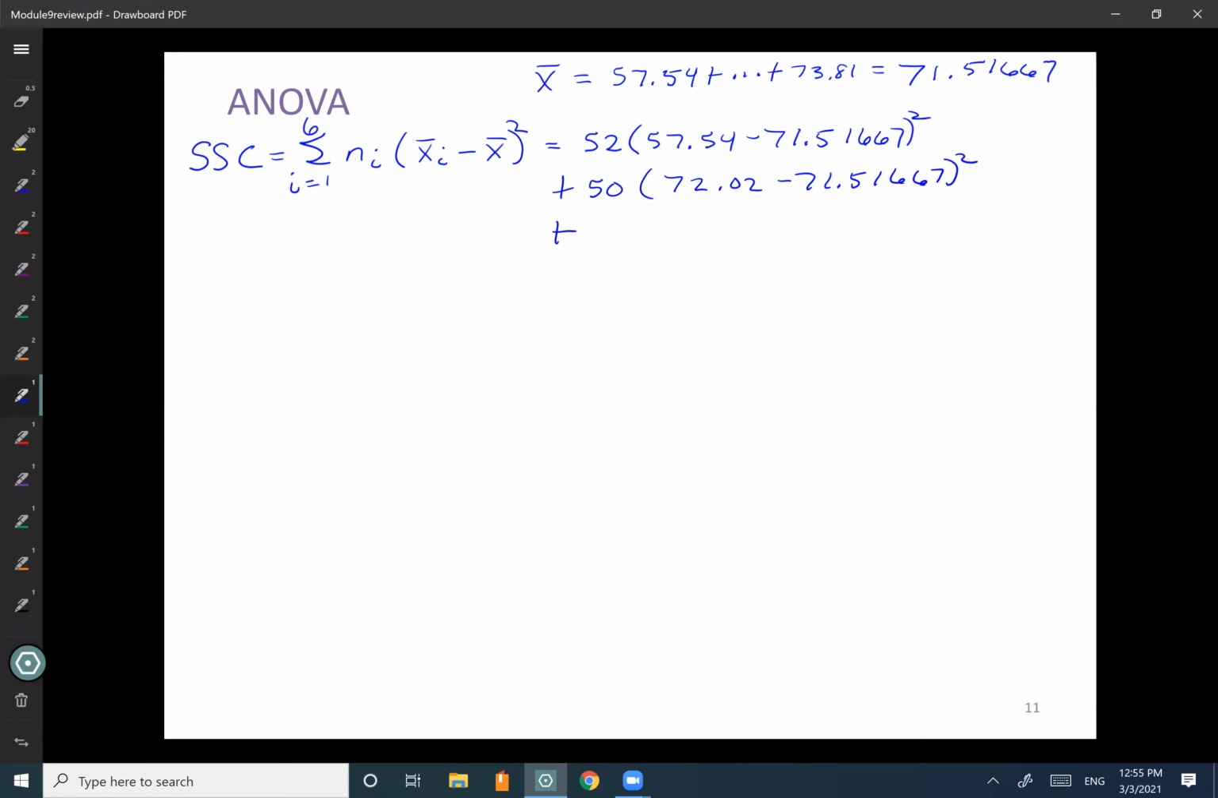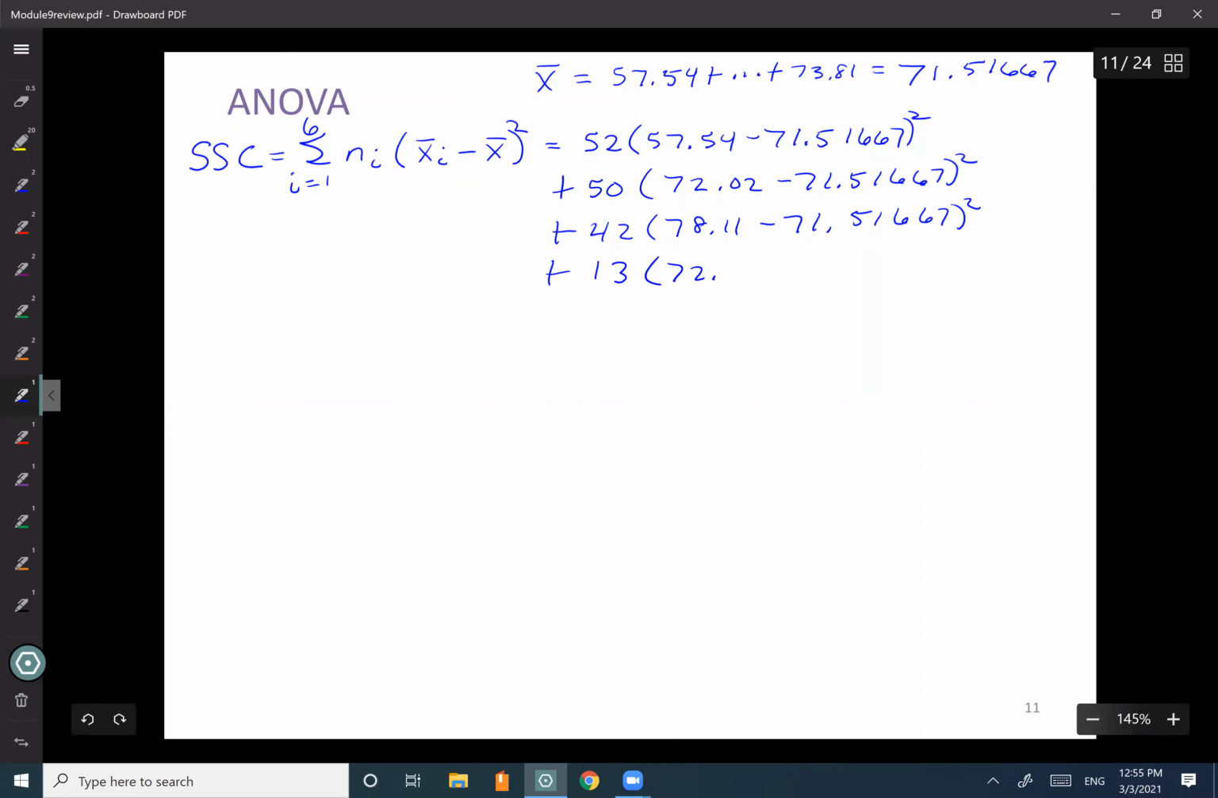Next, we want 42 countries, 78.11, subtract 71.51667 squared. Next country, continent, right? We're summing the continents here. That's going to be 72.69, I believe. Subtract 71.51667 squared. Next, we have North America, 25 countries, 74.93. Subtract 71.51667 squared. And finally, we have